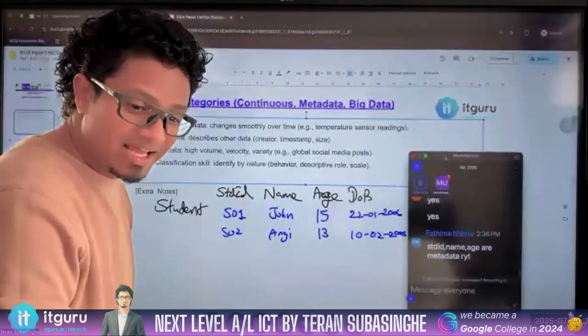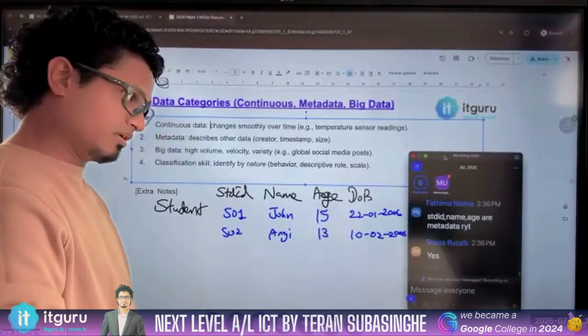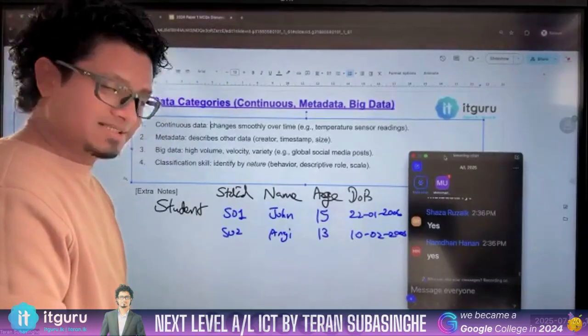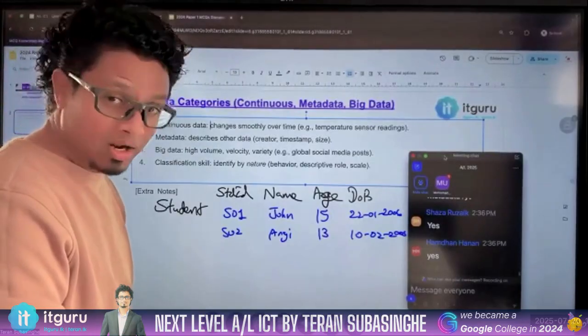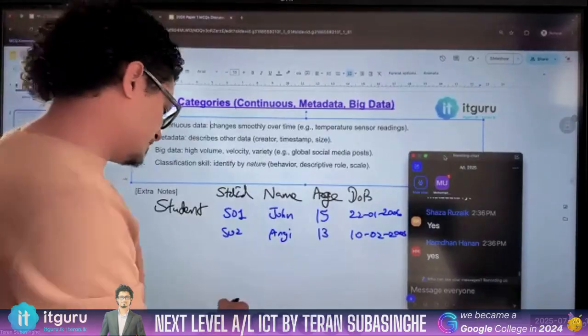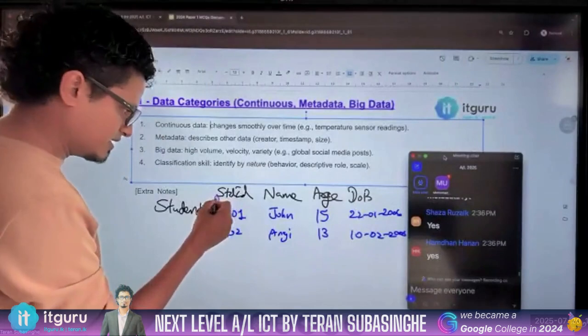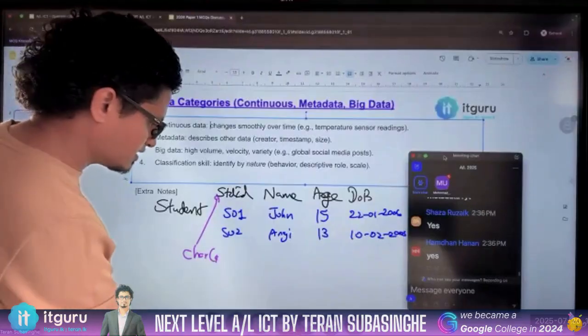STD, ID, name, age are metadata, right? That's Fatima Nisma's answer. Actually, no, that's not the answer. STD, name, age, and DOB are the structure of the data. It's not metadata. Metadata means data about data. If I write here, STD ID is char 3.